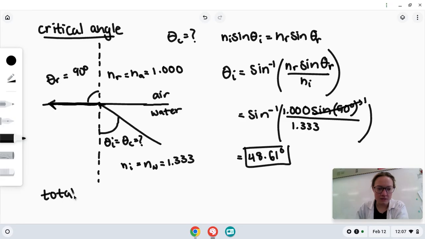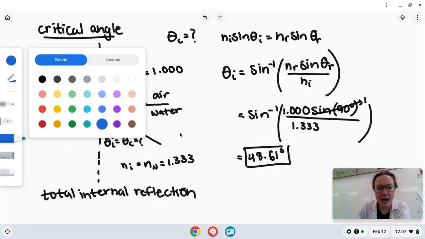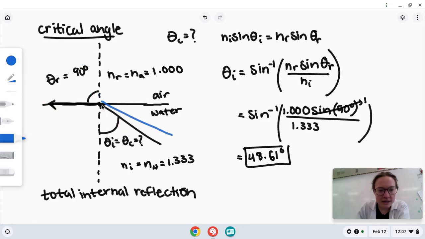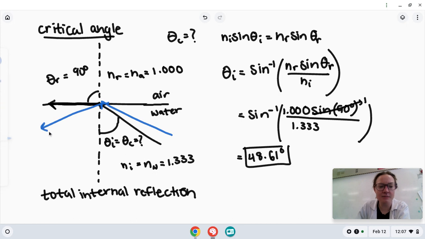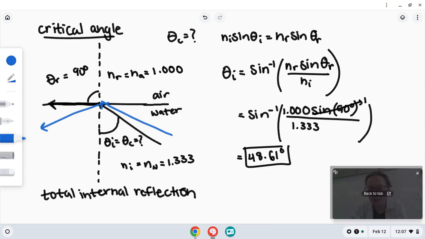a concept that we call total internal reflection. Total internal reflection occurs when you launch something into a material at an angle that is greater than the critical angle like this, and that light ray never makes it out of the material, but just stays totally internally reflected inside of the material. Now, I can show you an example of this, but in order to do it,